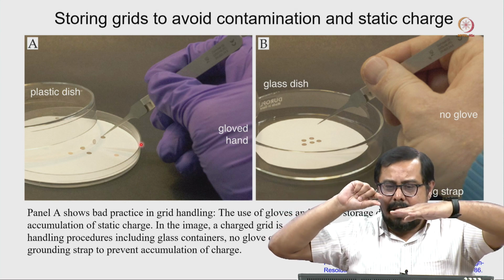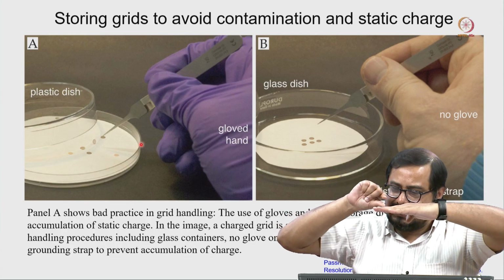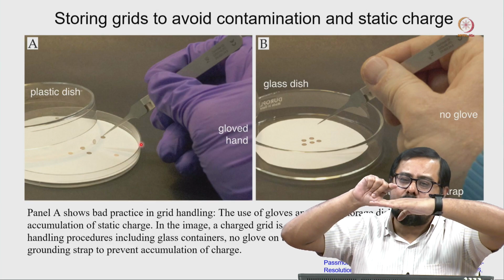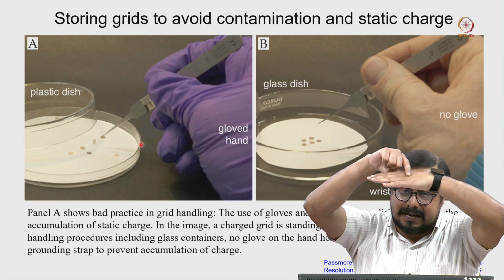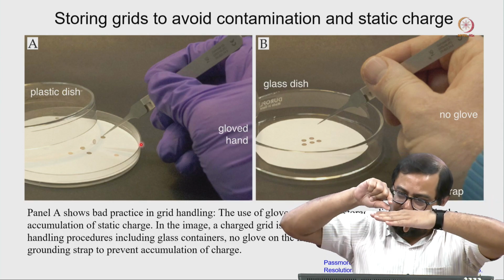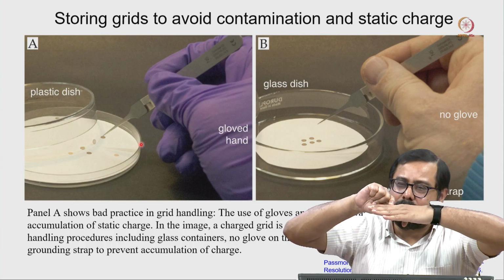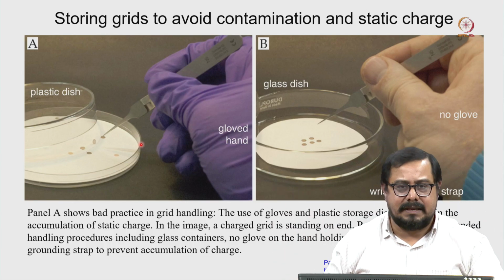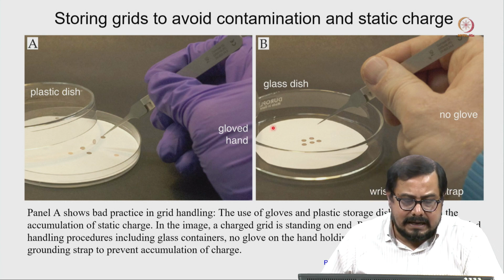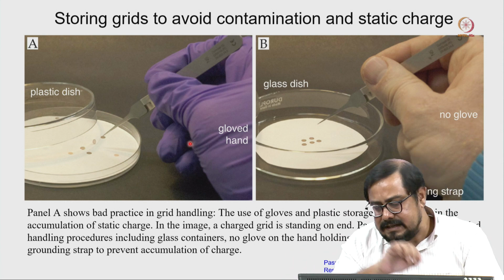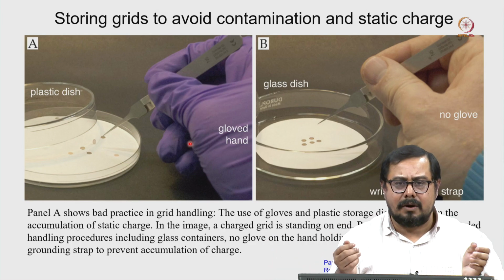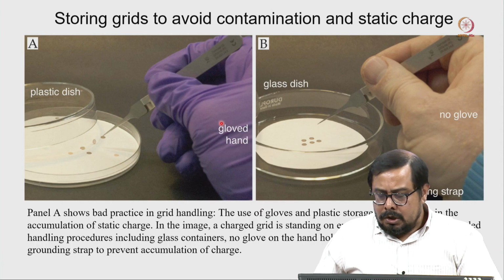What you have to do is go in a slightly slanting position. This is your tweezer, and you try to hold the grid, not from the center or middle, but near the periphery of the grid. You slant your tweezer, go there, hold your grid, and then transfer it to a different place. So this is the way. Basically we are showing how you should pick up your grid: with the tweezer slanted. You should not pick up your grid whichever way you want.